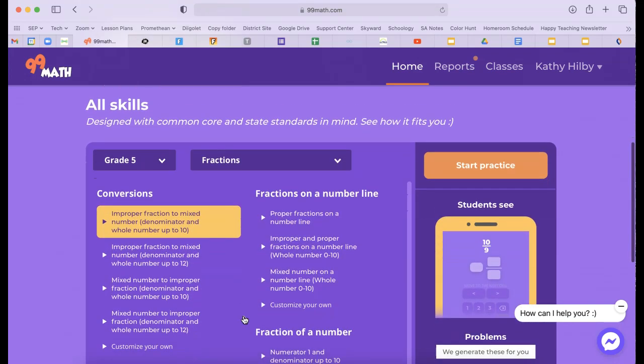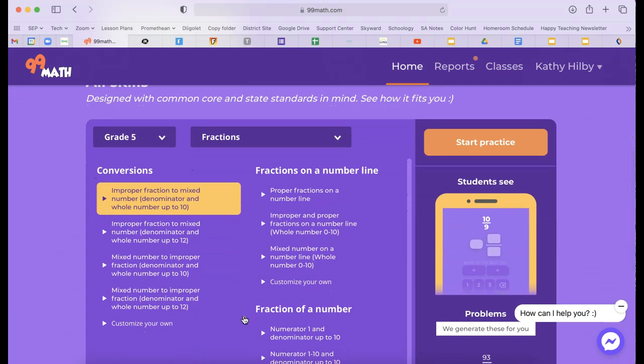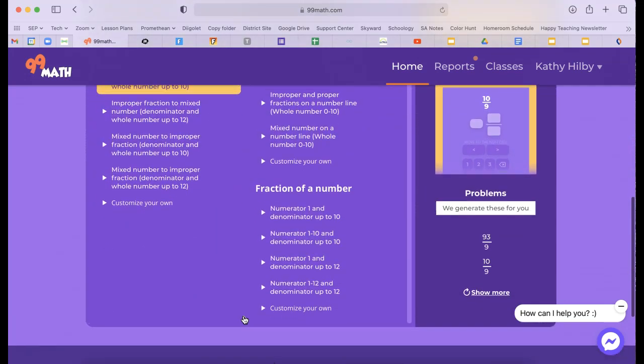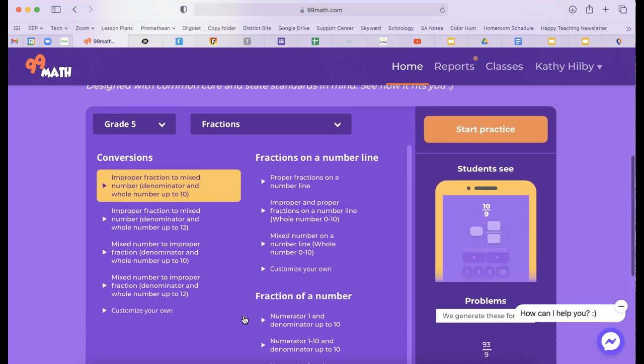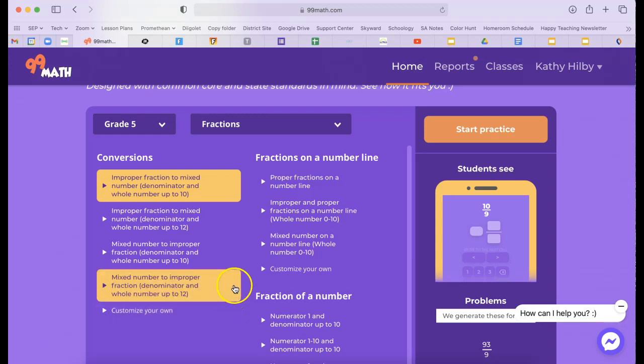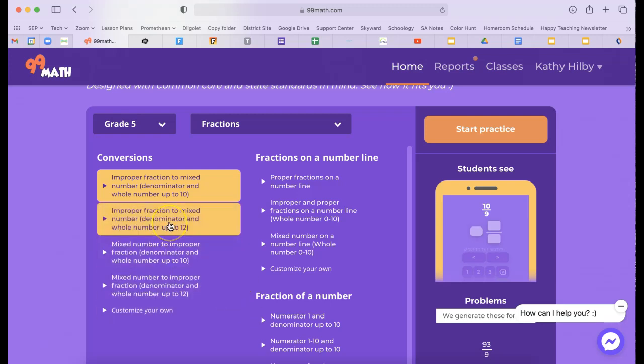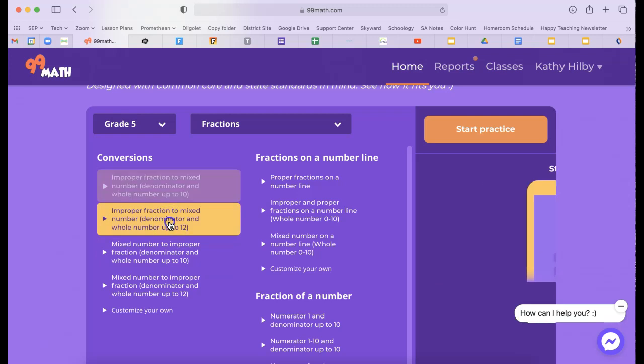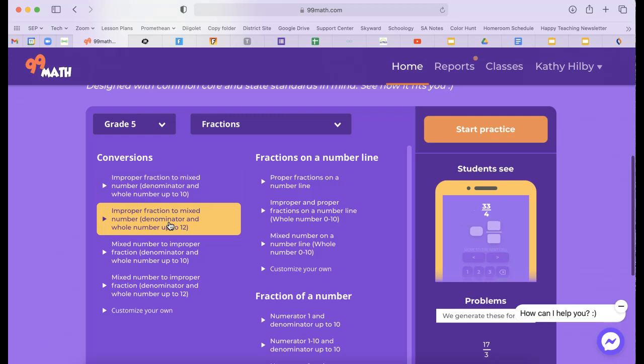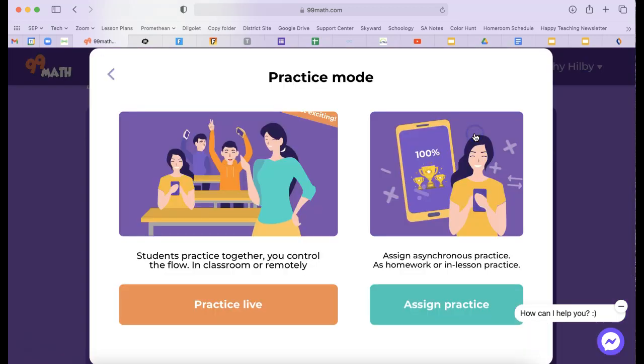Now I know they're doing adding and subtracting fractions, and that's not specifically on here, but there are other things related to fractions that might be helpful as far as skill building, and are they getting quicker at those kinds of things? For example, improper fractions, moving them to mixed numbers, or mixed numbers to improper fractions. So I'm going to choose an improper fraction one, and then I am going to go over and choose Start